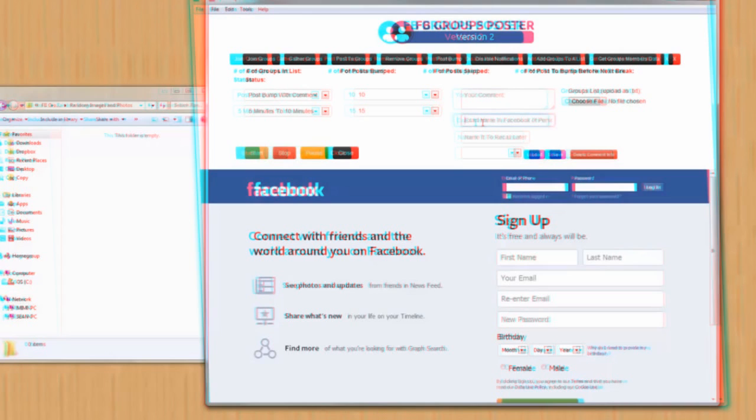Also, something has to go here. The person's name, whether it's your name or someone else's name, the exact way that Facebook has it in Facebook is exactly the way it needs to be displayed here in this field. So my name is Sean A. Walters or Sean B. Walters. Then that's exactly how it needs to be laid out here with the space in between the first, middle, and